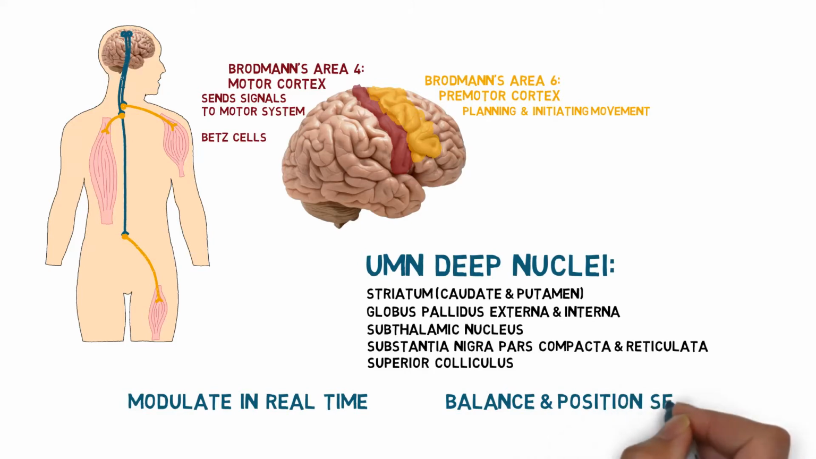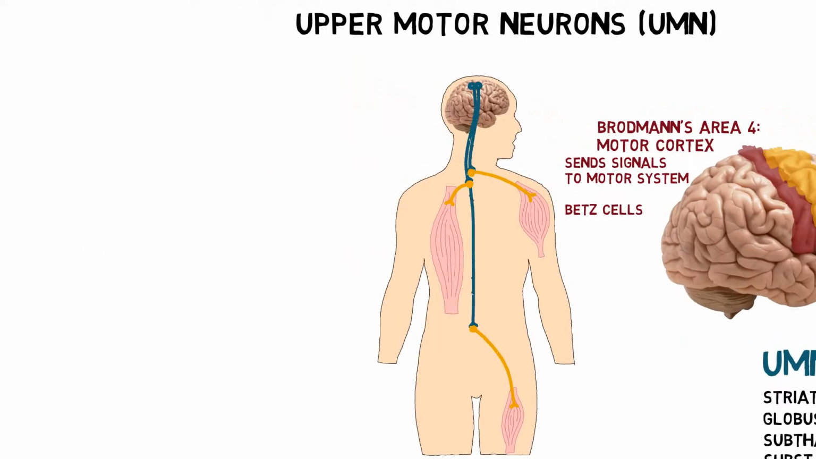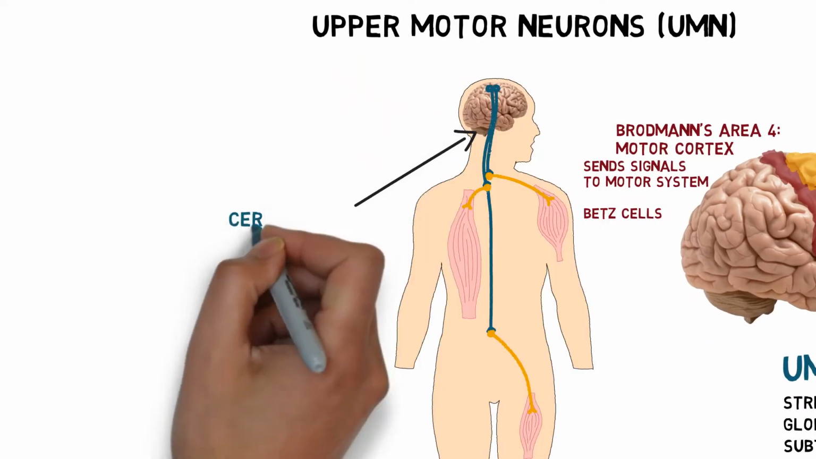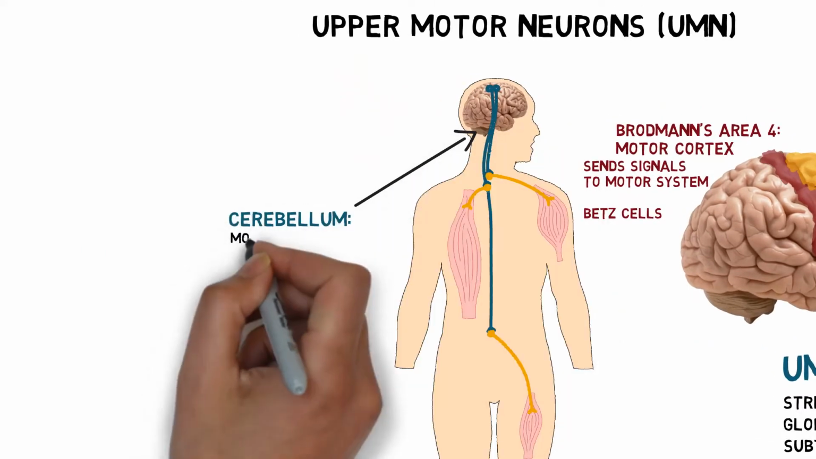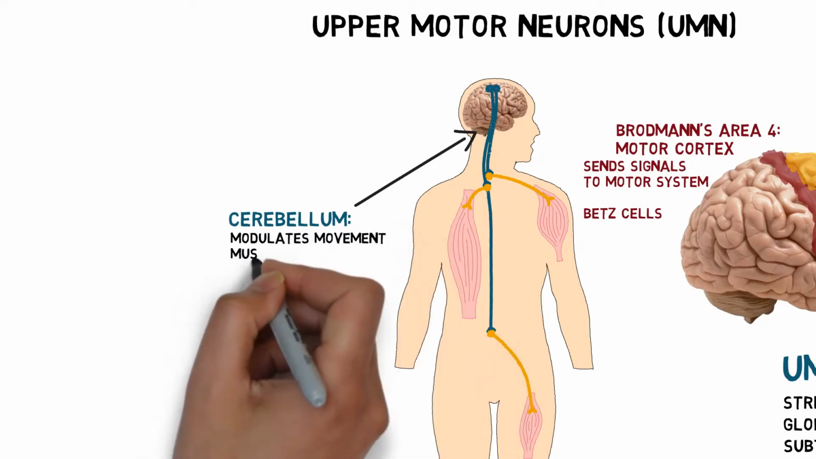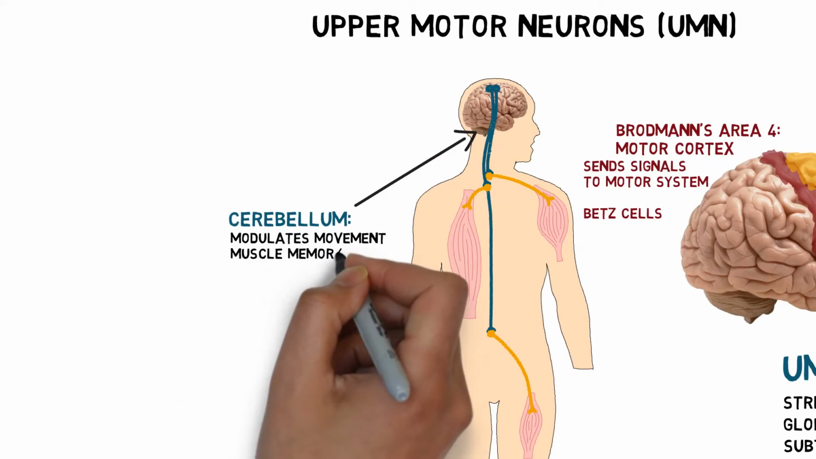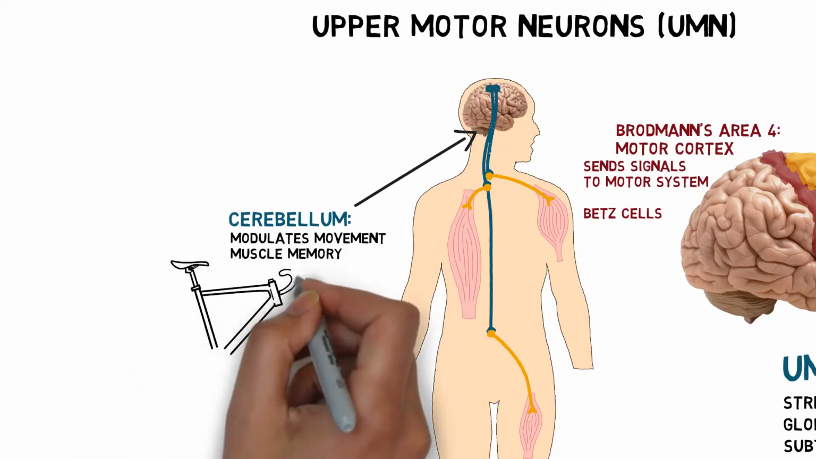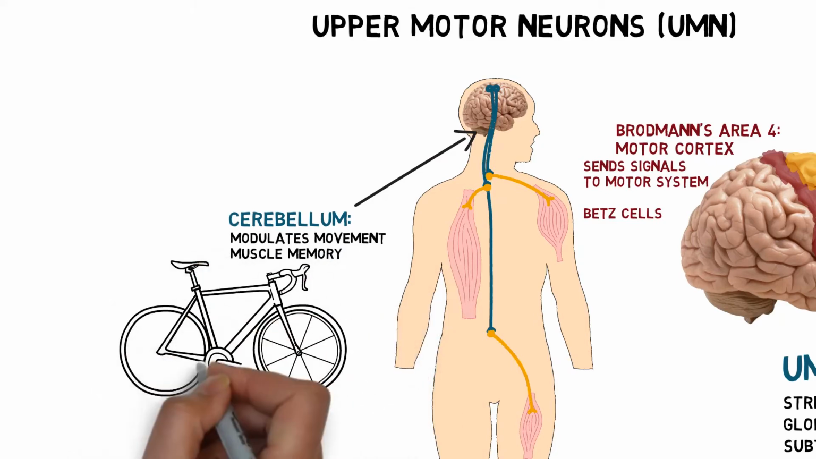These tracts are important for balance and position sense as the body is moving. Although the cerebellum does not have a tract to the lower motor neurons, it modulates movements through the deep brain nuclei of the basal ganglia and to the cortex through the thalamus. The cerebellum is often considered the part of the brain that contains motor memory, like being able to ride a